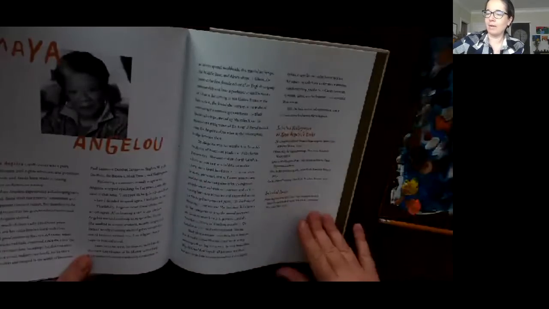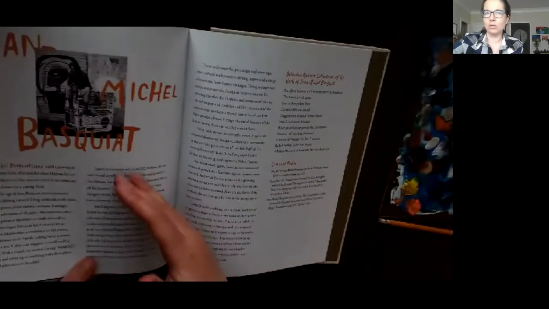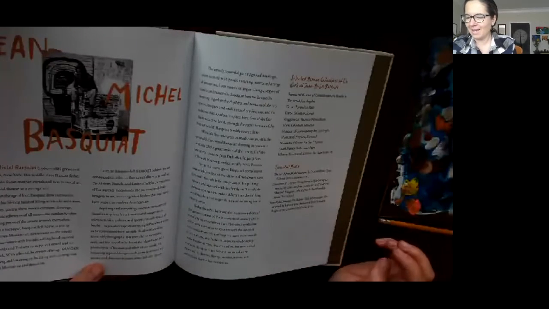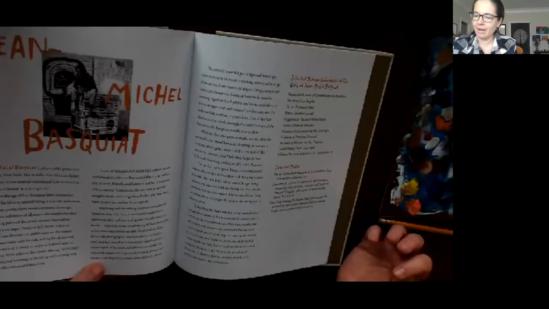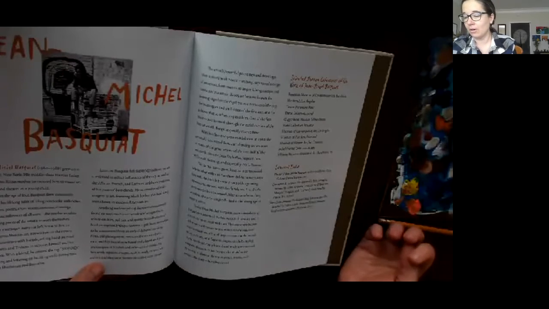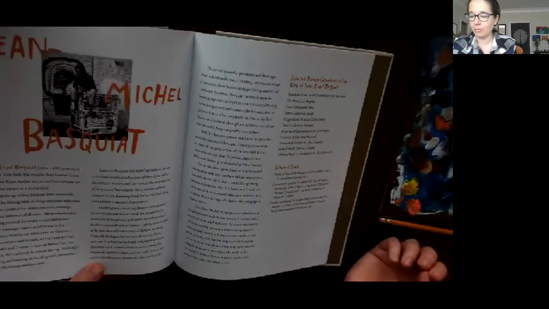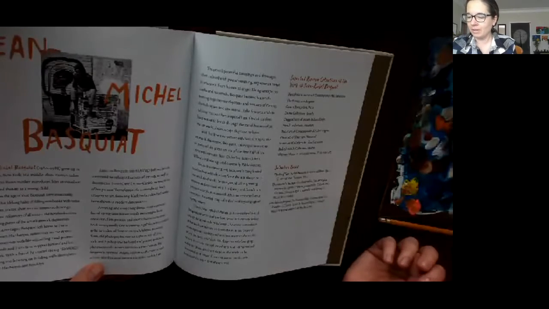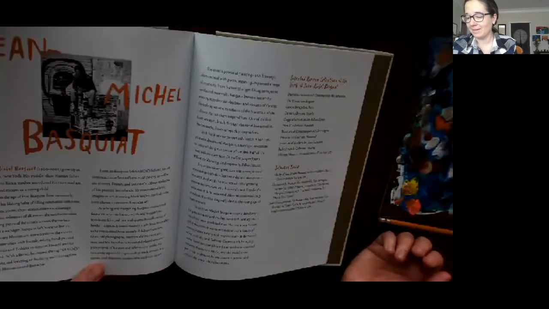This has some work about the poet Maya Angelou, who we'll learn more about, and then also about Jean-Michel Basquiat. There he is right here. So I like this, it says anything and everything Basquiat encountered found its way into his art. Words and images from television, film, politics, and sports, his collection of books, especially Gray's Anatomy. Gray's Anatomy was a gift from his mother when he was getting better from having a childhood accident.